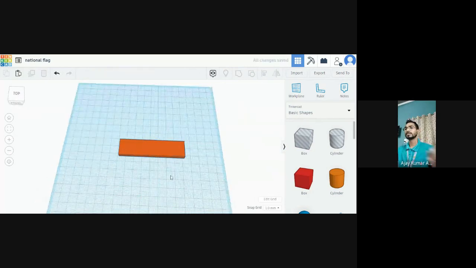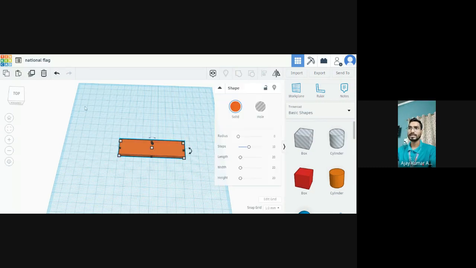Students, now I am going to use the duplicate command, so that it is not required to again drag the figure onto the work plane and change the dimensions. Just select the figure and go to duplicate, or you can use the command Control D. Then simply drag it to the blue side like this.